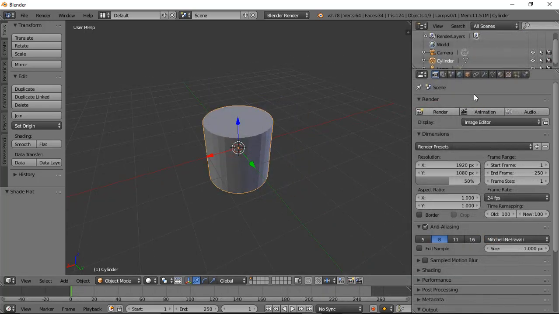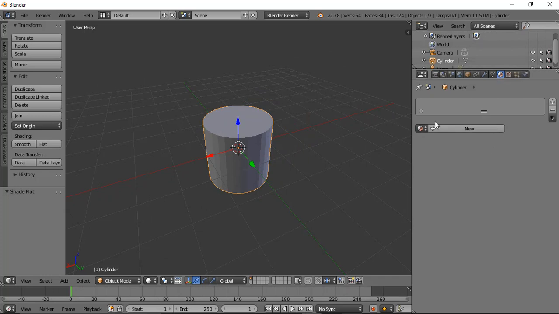In the properties window, go to this material icon and you have to click on this new. But before that, I would like to mention that by default, when Blender assigns the properties for the gray color, the material properties are not displayed. And after clicking on new, you can modify the properties to achieve the look you want. Now click on new,